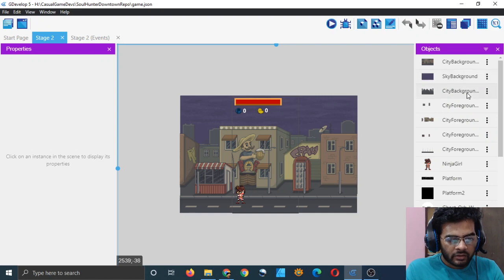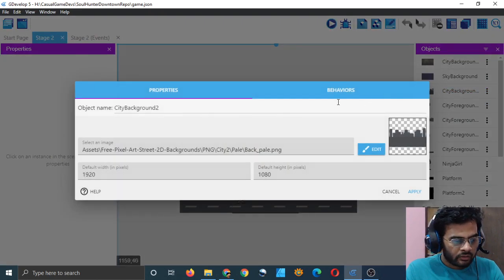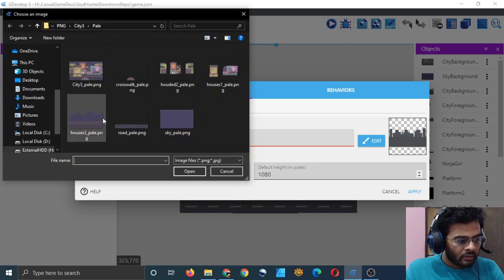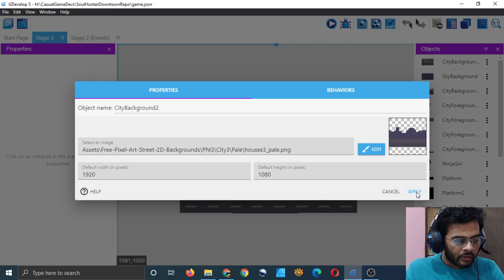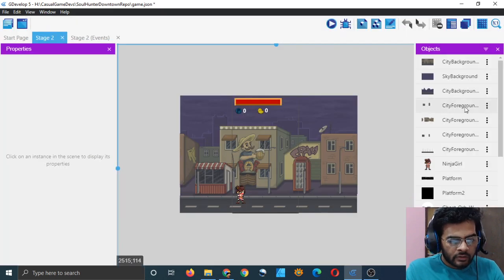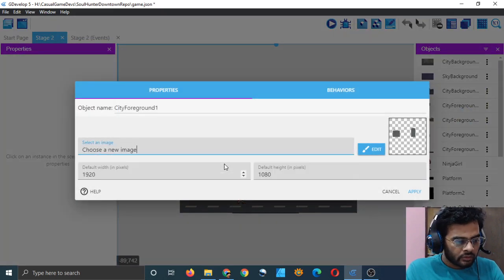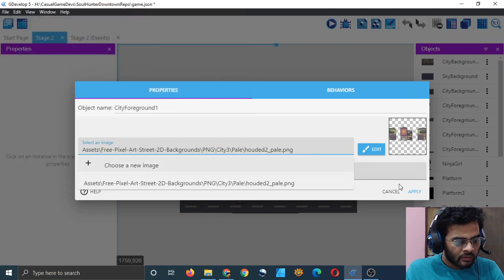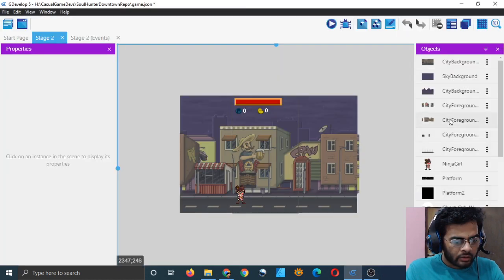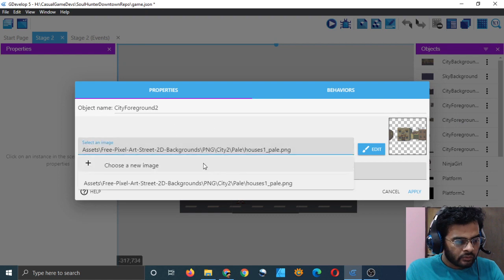So let's replace the foreground also. Double click on it and choose an image. This is the foreground, I believe. I mean background too. Yeah. And then this one, click again. What should we do? I think it is this thing. Yeah. Apply, and then this one.